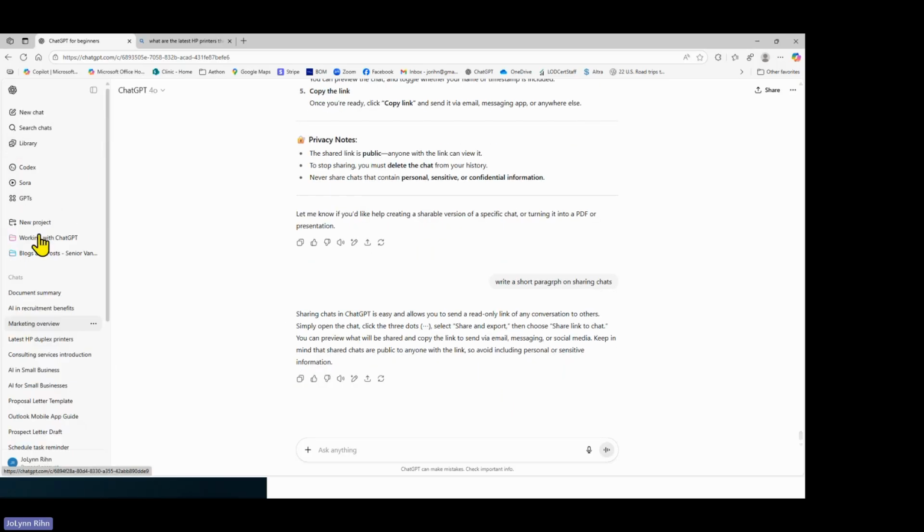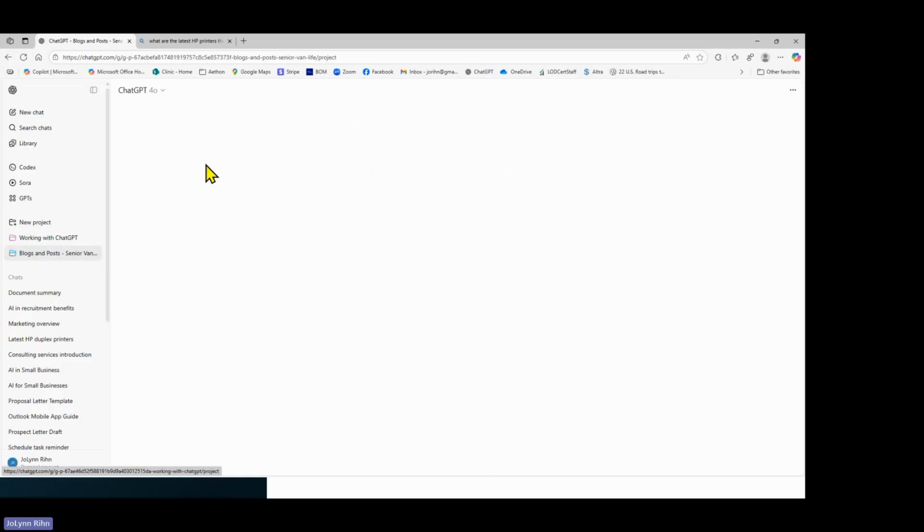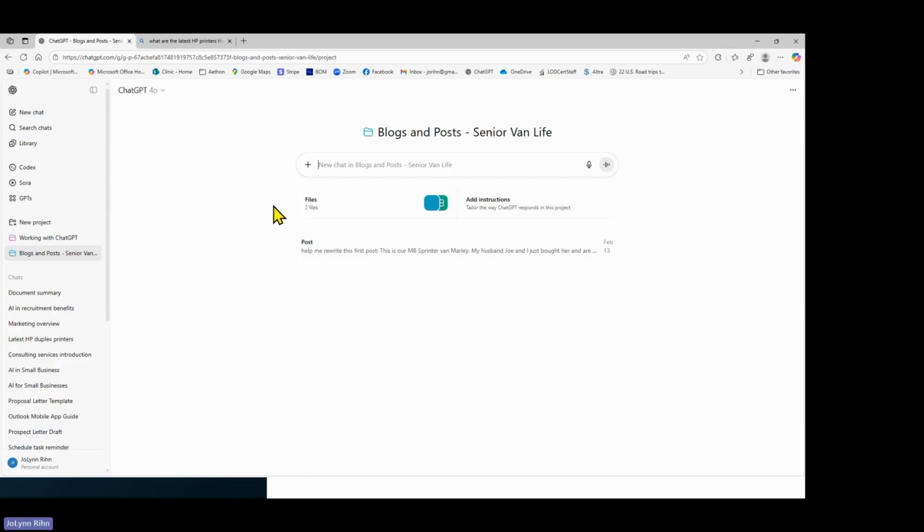But I want to go back on this left-hand side. In the middle of the window where it says new project, I have 2 projects underneath that. One is called blogs and posts, and if I click on that, it will display the contents of what's inside that project. So a project is where